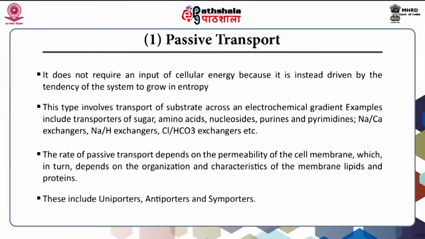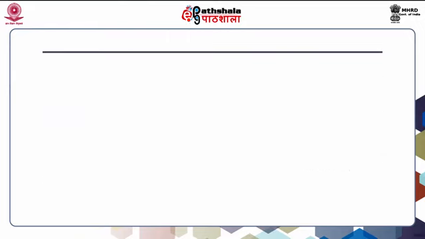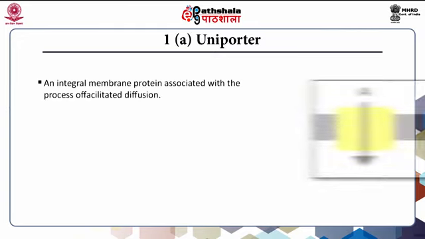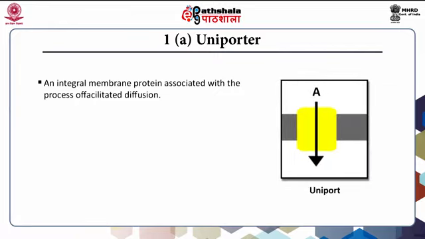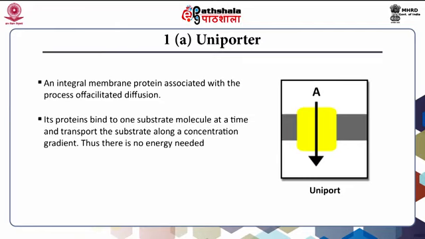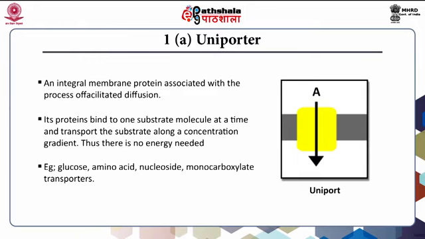Passive transport includes three types of transporters: uniporter, antiporter and symporter. Uni means one. So, if a carrier protein binds to only one substrate molecule at a time, which mediates its transport, such a transporter is a uniporter. The transport is along a concentration gradient and hence there is no need for energy, and thus it is a passive transport. Examples are the transport of glucose, amino acid, nucleoside, monocarboxylate